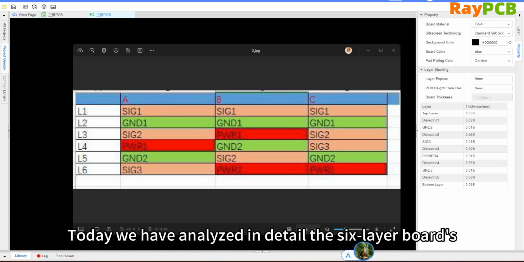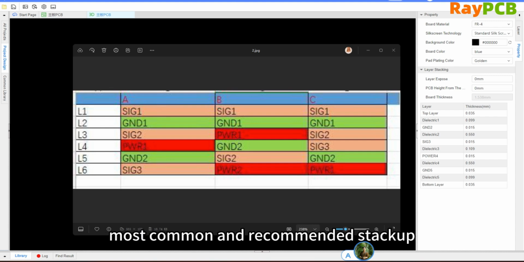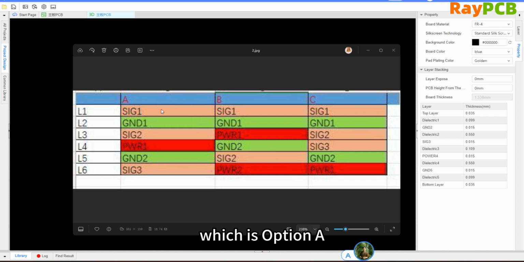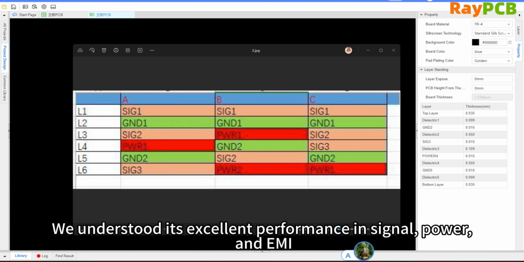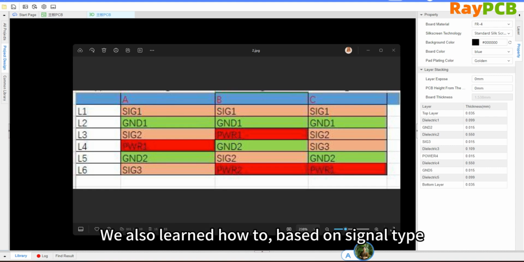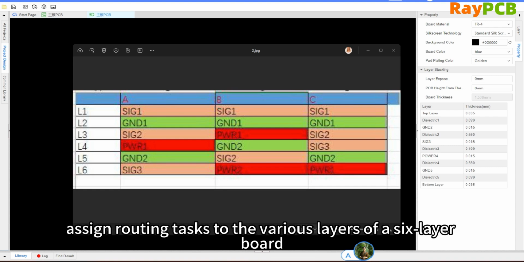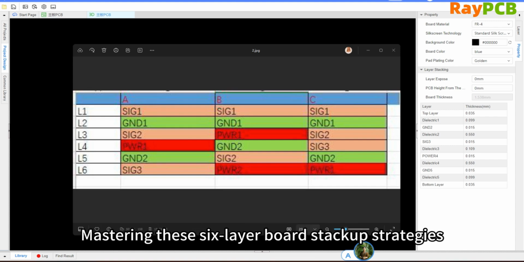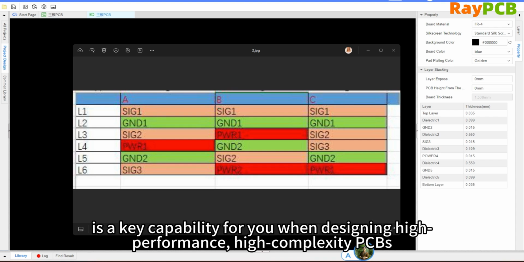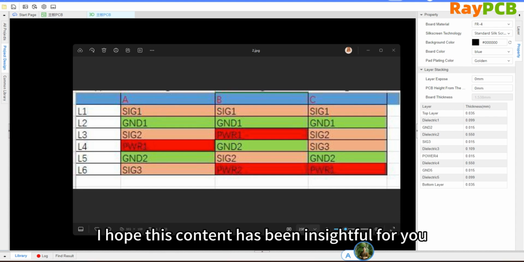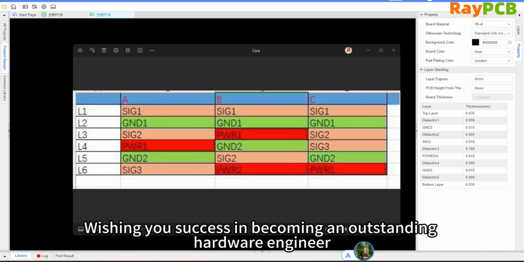Today, we have thoroughly analyzed the most commonly used and recommended stack-up configuration for six-layer boards. We have understood its main performance in terms of signal, power, EMI, and the overall system. We also learned how to assign each signal layer in a six-layer board based on signal type, which is a fundamental skill for hardware design. Mastering these six-layer board stack-up strategies is even a key capability when designing high-performance, highly complex PCIe systems. I hope this content has inspired you and wish you success in becoming an outstanding